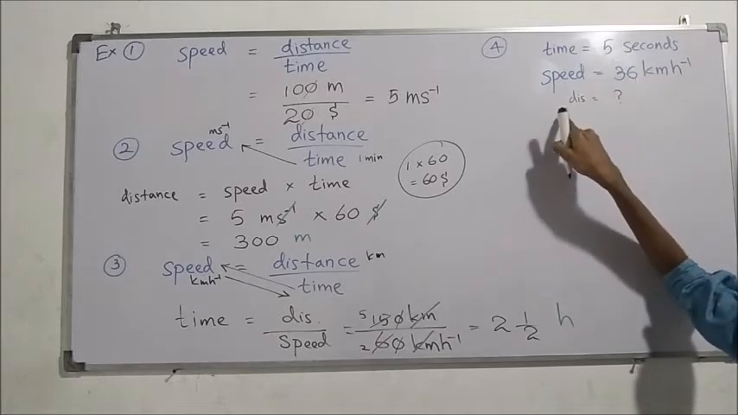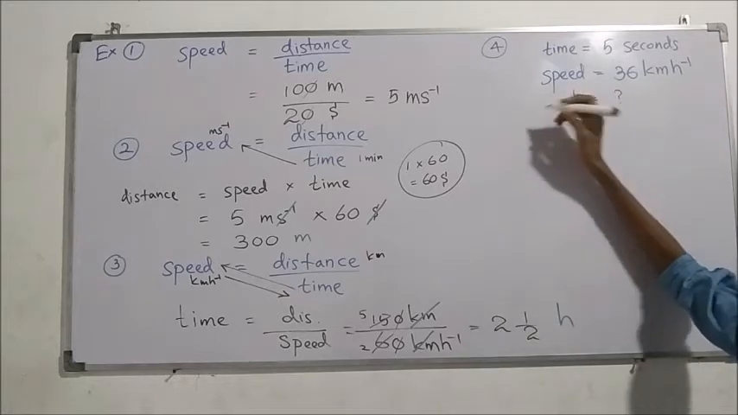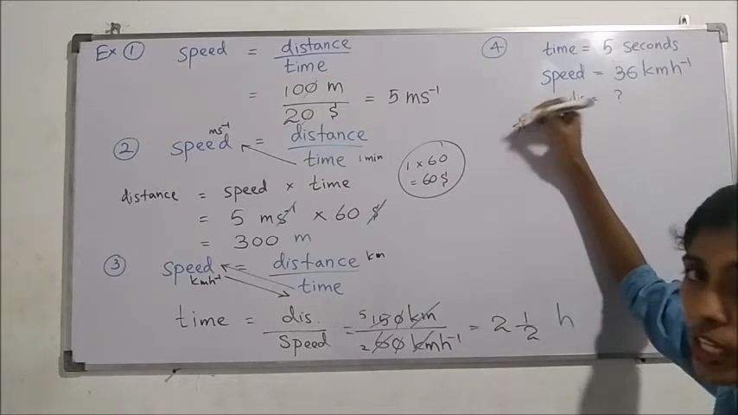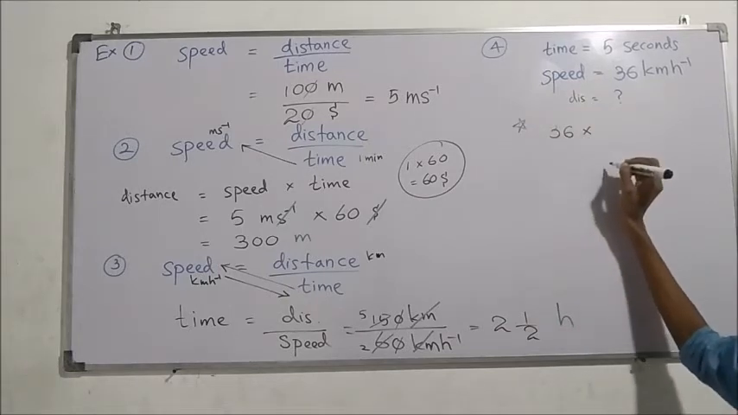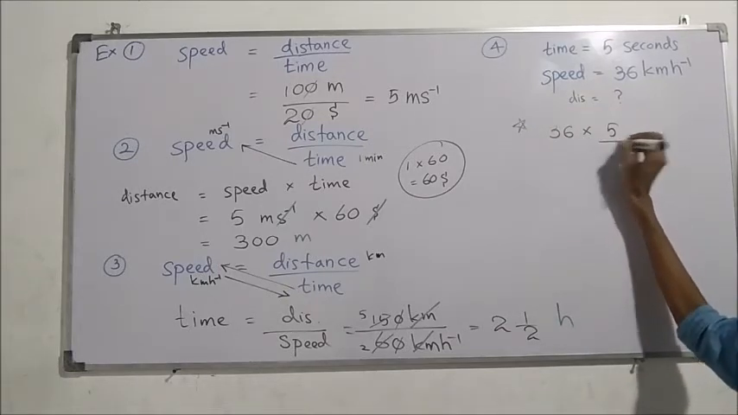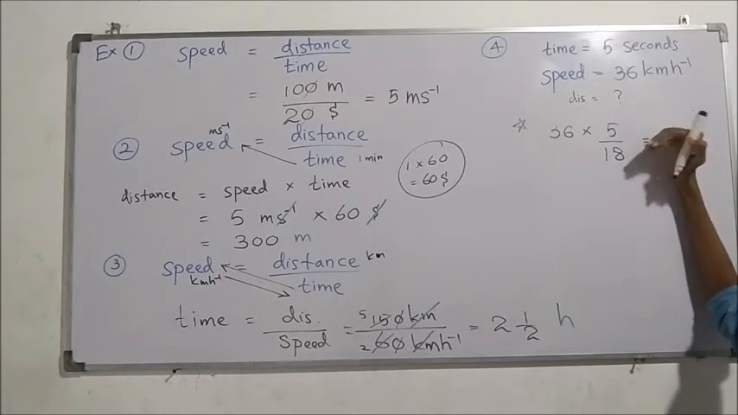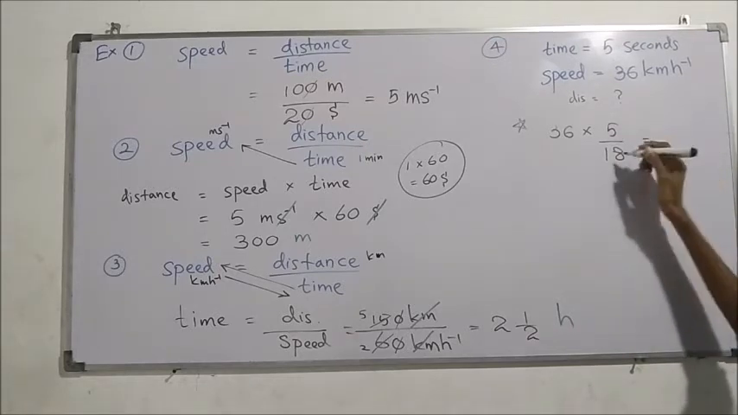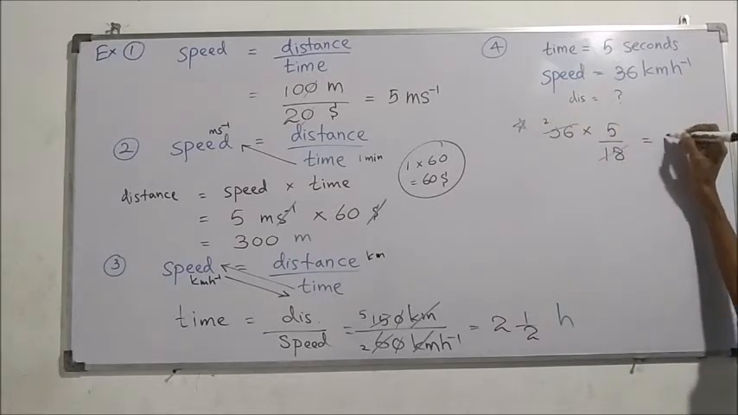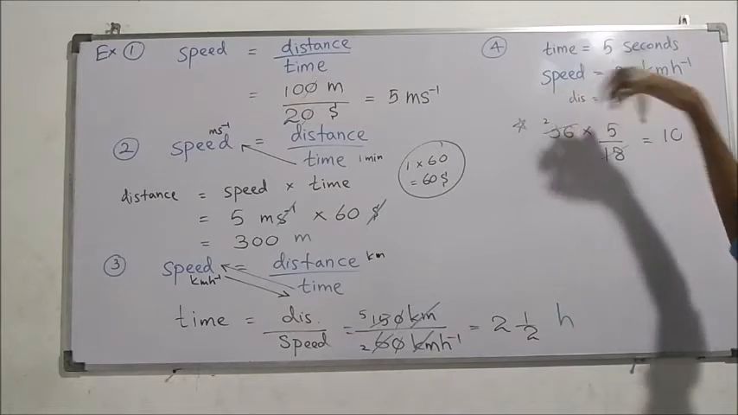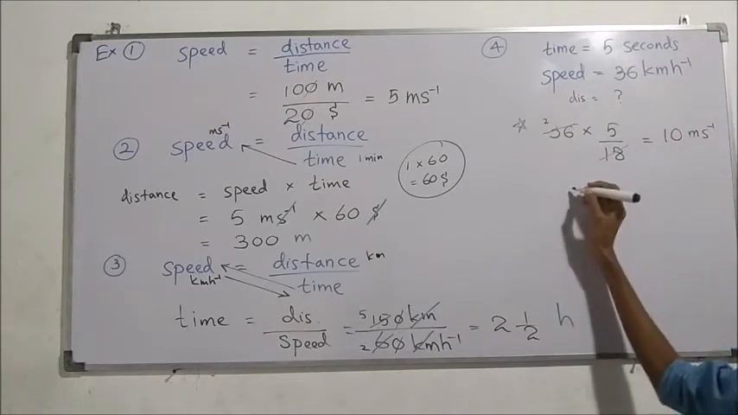Now we will convert this speed into meters per second first. That must be our first step. Otherwise we cannot go to the formula. 36 should be multiplied by 5 divided by 18, or else multiply by 1000 divided by 3600. We know that 18 times 2 is 36. So 2 times 5, multiply the rest, 10 meters per second. And now we can go to the